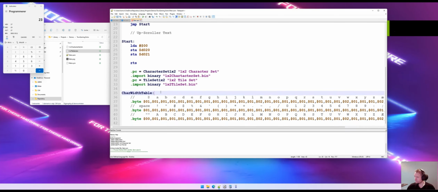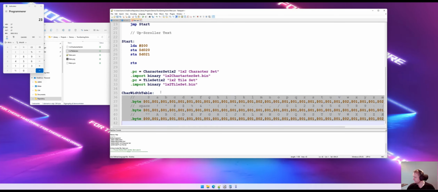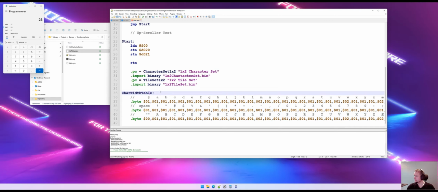Okay, so the width table is made. It's a little bit simpler this time. The undefined characters I just put to 0, which are basically not doing anything. So that's that, and basically the first thing that we should do then is just to